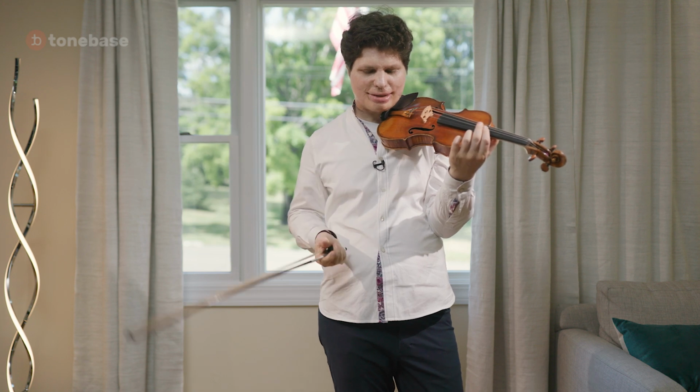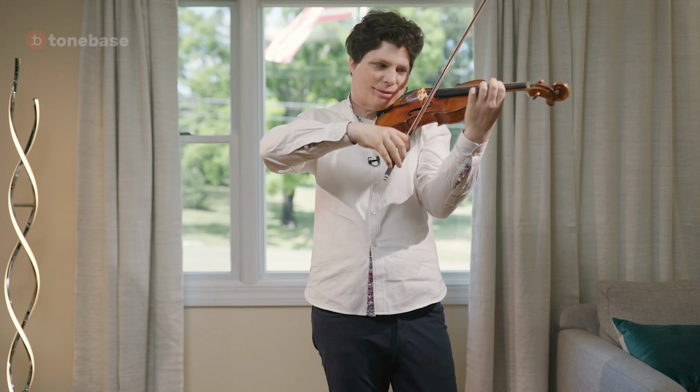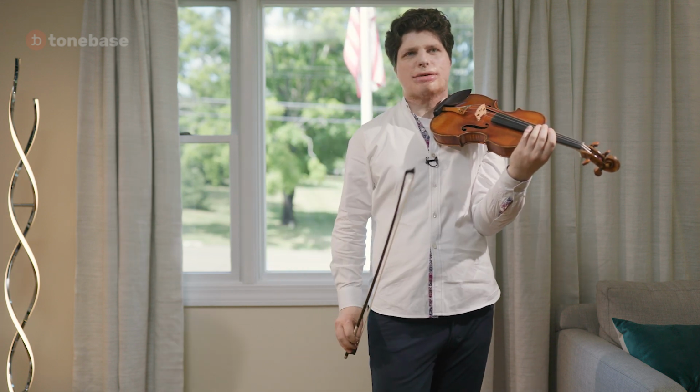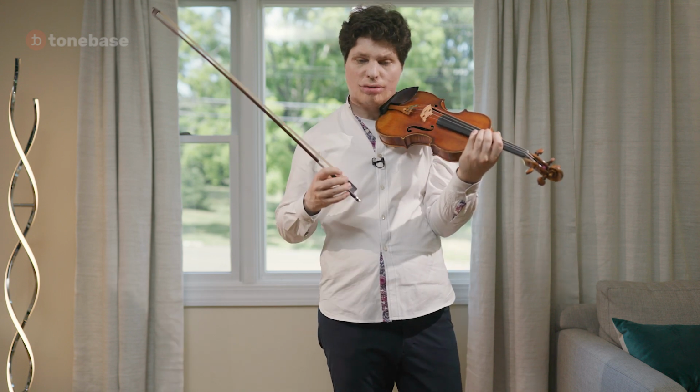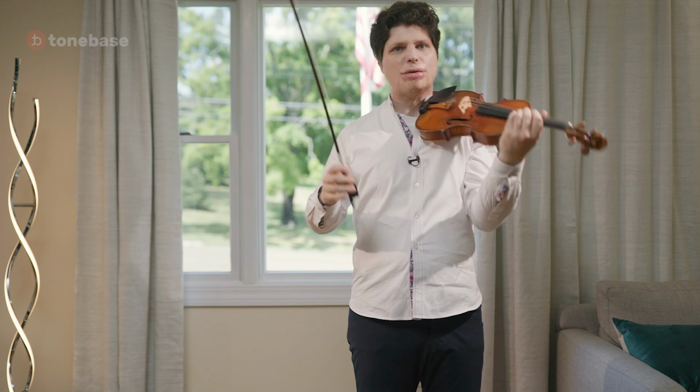So it's certainly unusual to have a slow movement with such a beautiful, touching theme in which the violin never actually gets to play it. It's played by the orchestra, and when you first enter, you play these figurations which are always answers to the orchestra. So for most of this movement, it is the job of the violinist to follow the orchestral lines. That doesn't mean that there isn't leadership. Sometimes you do show things, and of course you can also ask for a slower or faster tempo. You have a lot of control, but when the performance is happening, you are waiting for the